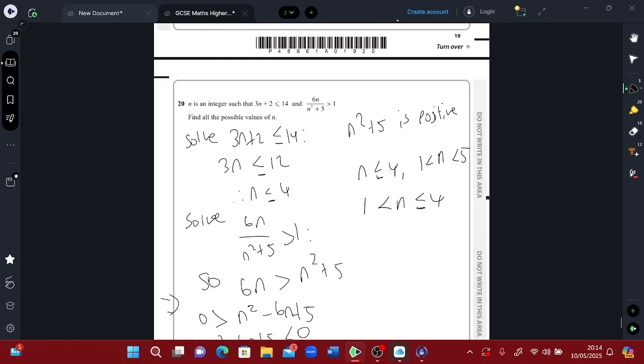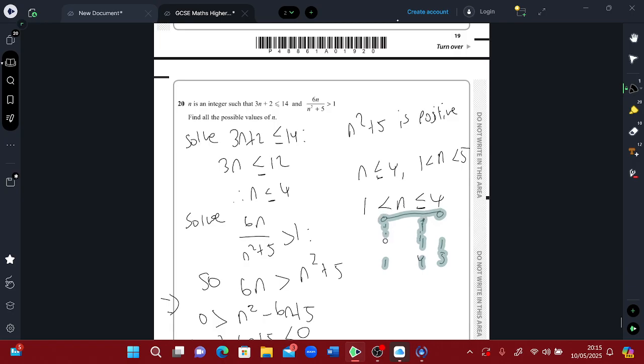If it helps as well, draw a number line. So if this is 0, where are the key points? 1, 4, and 5. Obviously, the first one has to be between 1 and 5, but it's also saying n has to be less than or equal to 4. Now, you want this region here, right? Which is going to be between 1 and 4, to include both the inequalities here. So between 1 and 4, and that's where this comes from. Just think about the value here, because it has to satisfy both of these inequalities, so you have to combine them together. Okay,